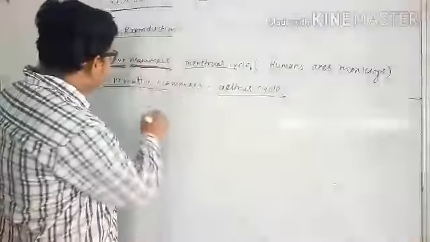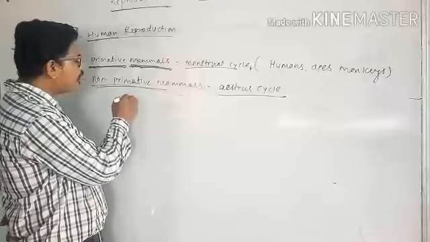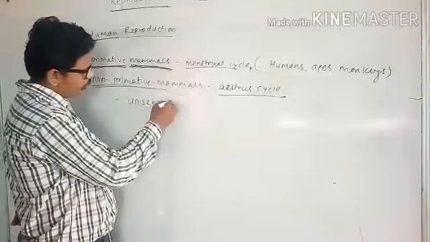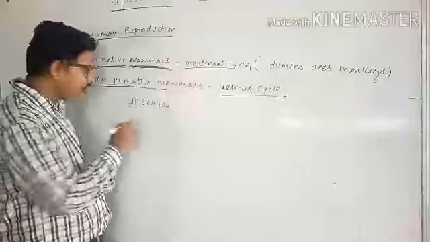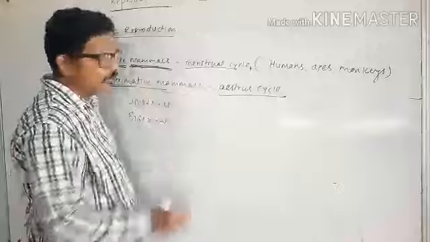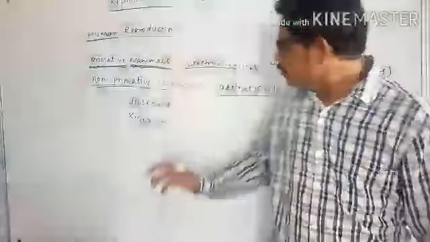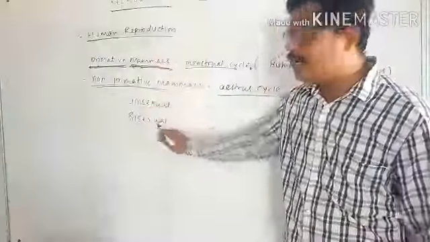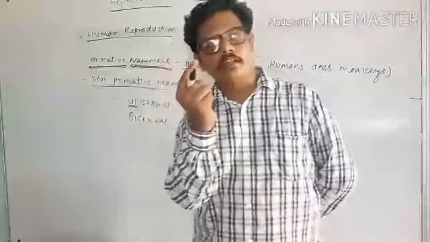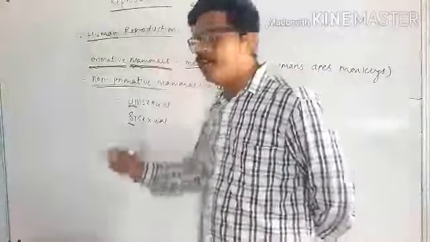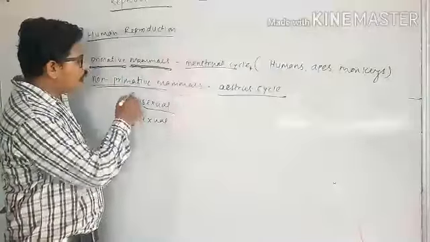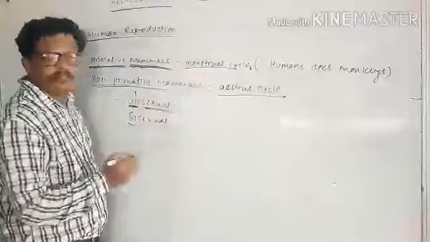Next, humans are unisexual. There are two terms: bisexual and unisexual. What is the difference between unisexual and bisexual? As you know, uni means single or one. Bi means two. Sexual means sex. One sex means